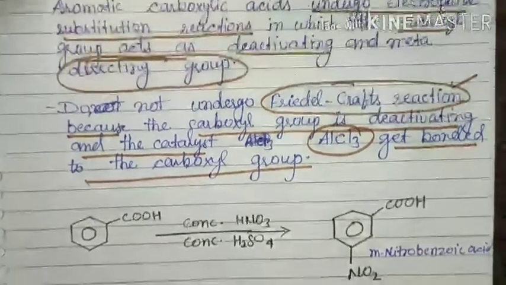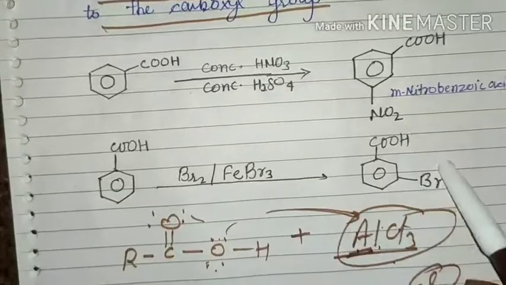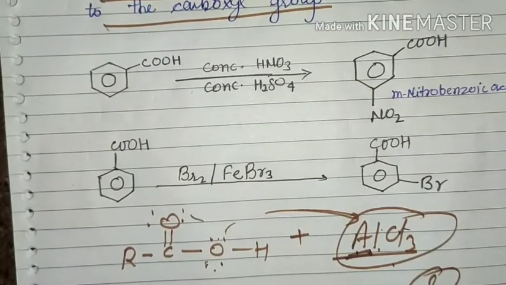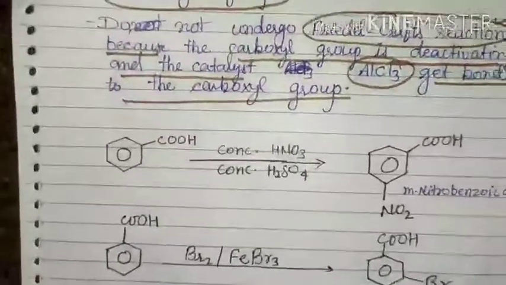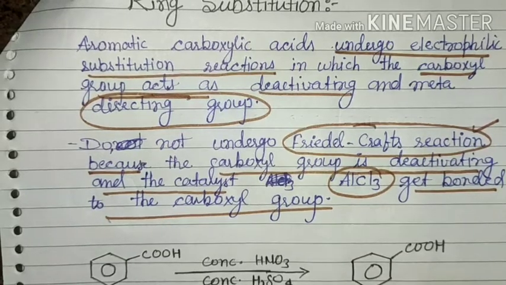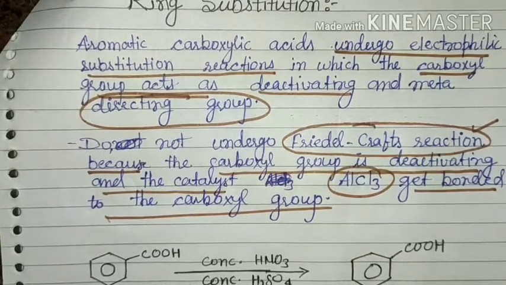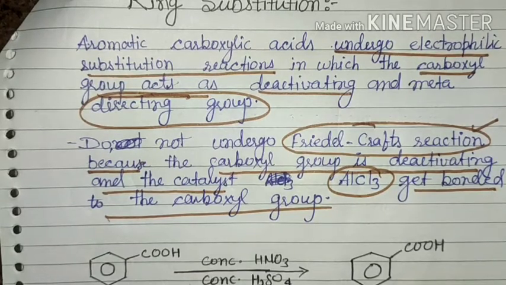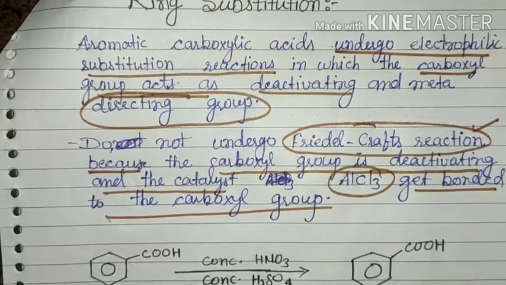So this is the most important part here, and the other reactions such as nitration or bromination occur at the meta position because it is a deactivating group or electron withdrawing group. So this is all about the reactions of carboxylic acid. And as you know, after completion of each and every functional group you make a flow chart for the preparation and reactions, and after completing all the chapters you make a large chart for all the conversions, so it will help you. So thank you for today.